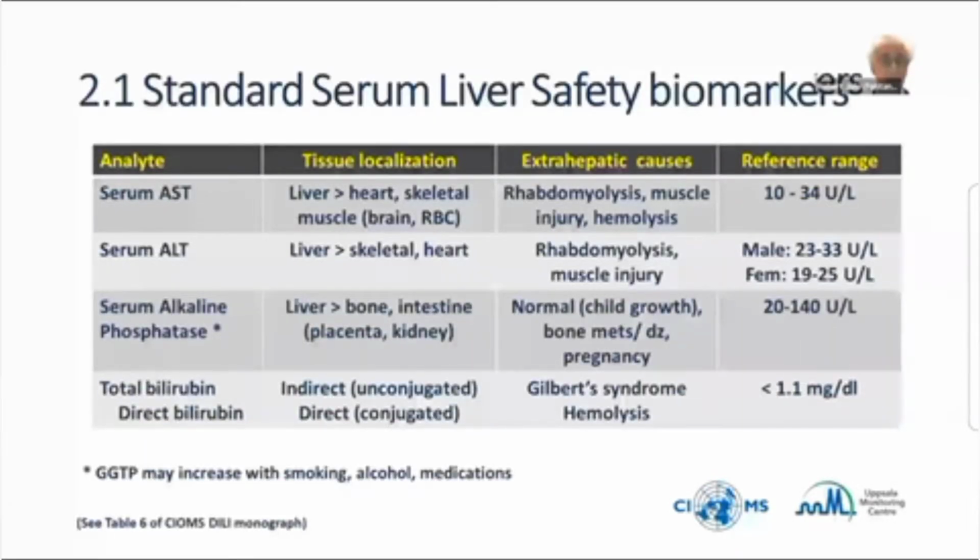Now, what are standard serum liver safety biomarkers? I'm sure you're all familiar with these: serum AST, ALT, alkaline phosphatase, and total bilirubin. Now, we know that these enzymes are released in the setting of liver injury. However, they can also be released in the setting of either heart or skeletal muscle injury, bone injury with alk phos, and also from hemolysis in patients with blood disorders. Therefore, they're not entirely hepatic specific, and you need to consider extrahepatic causes on a case-by-case